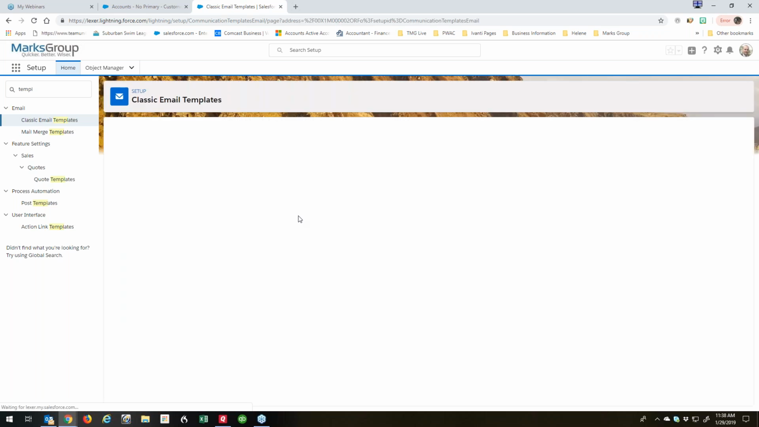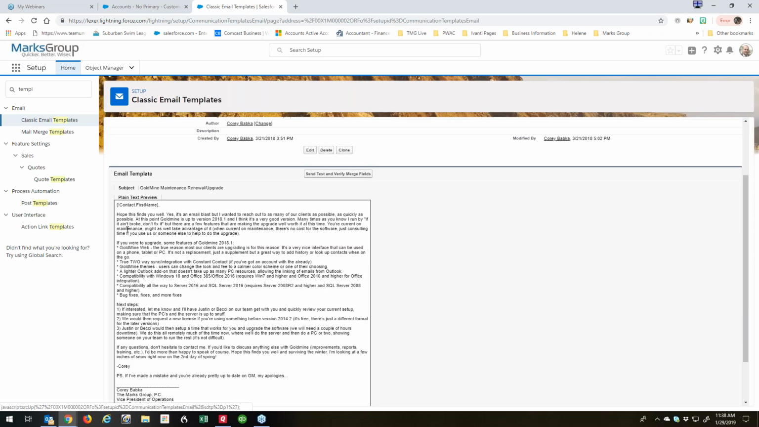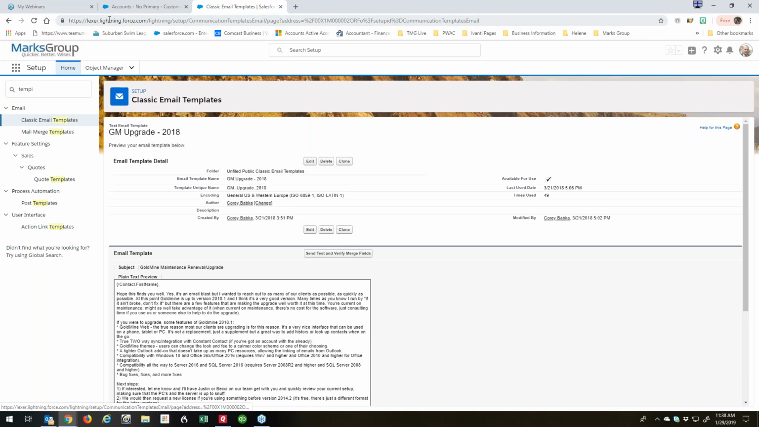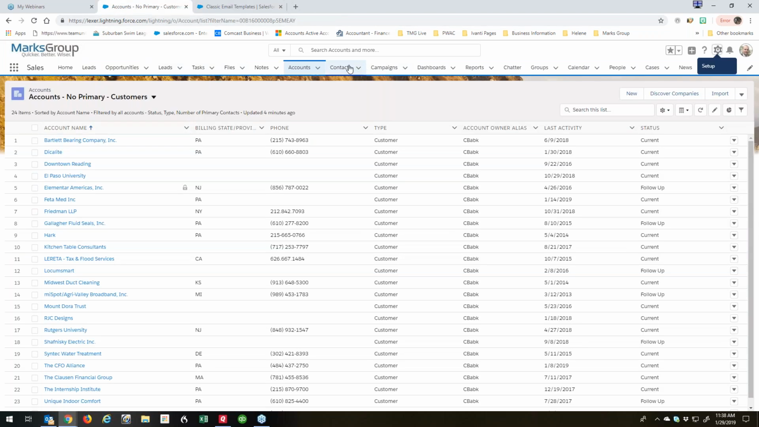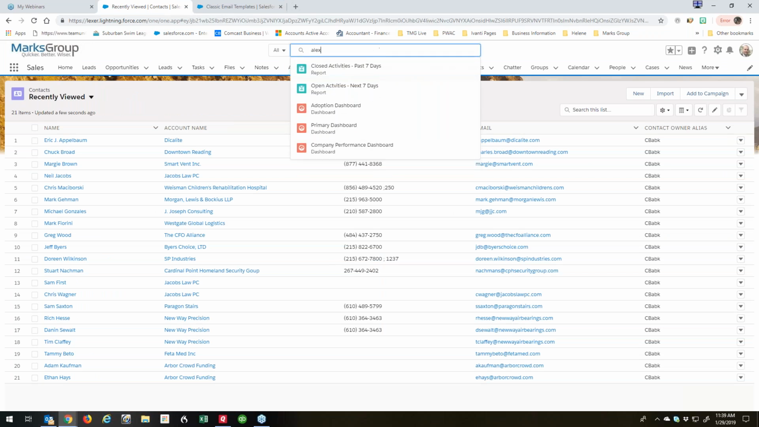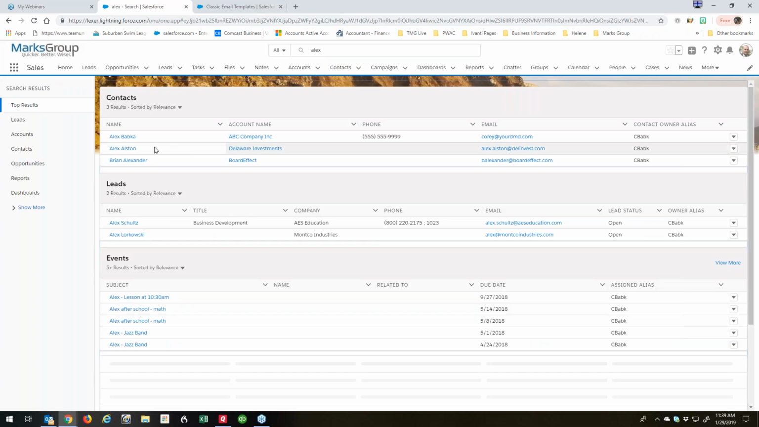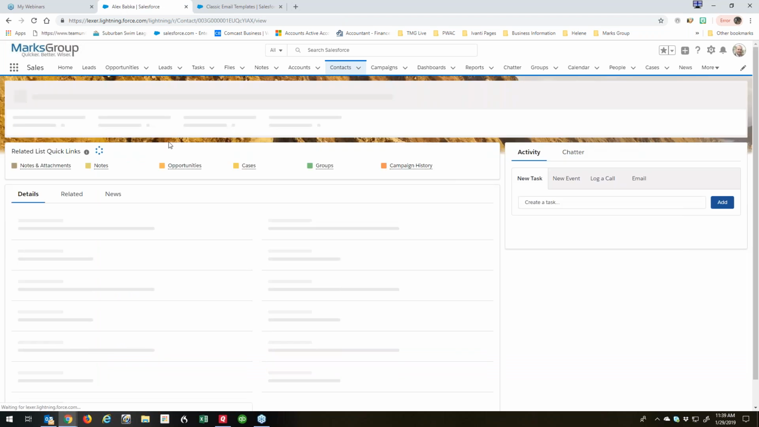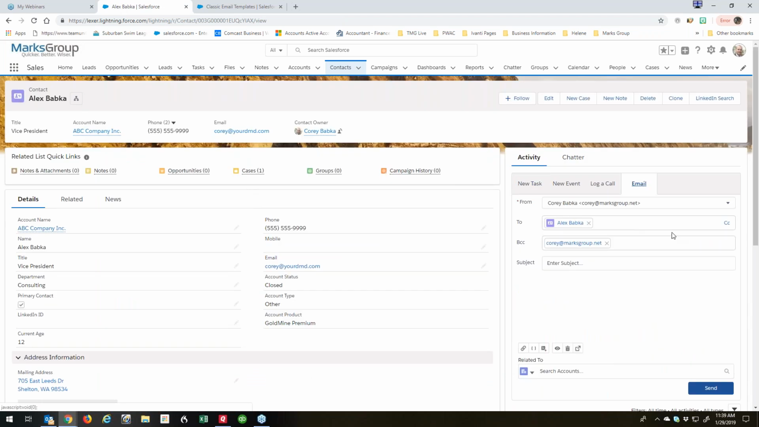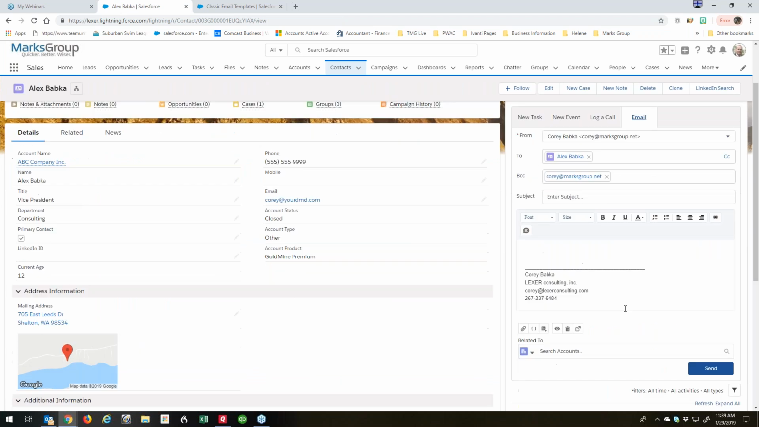So if I have a Goldmine upgrade email that I have here with bullets and all that kind of stuff, that's great, right? And if I go to one of my people, I'm going to go to my contacts. Actually, I'm just going to search for Alex. I'll use my son as an example. So if I write to Alex here and I go email, right, I can do a new template